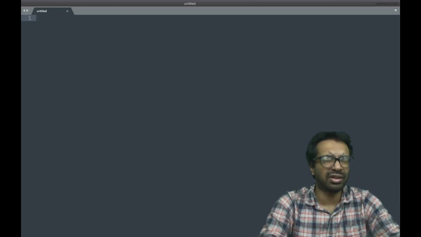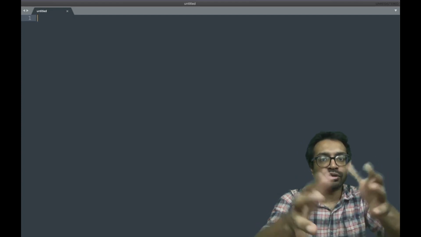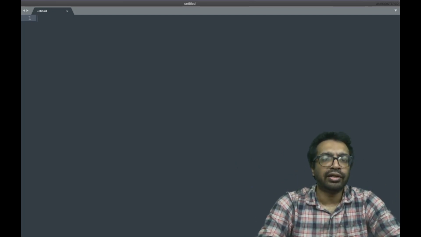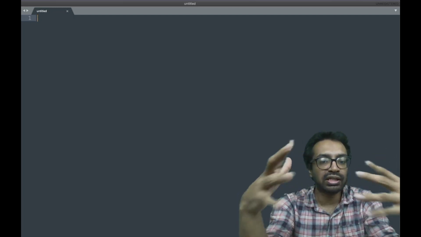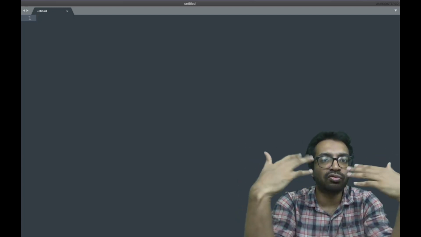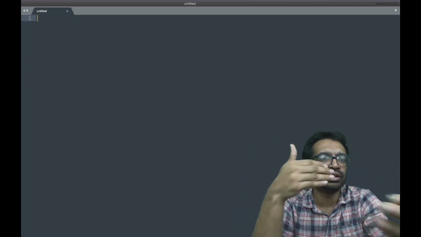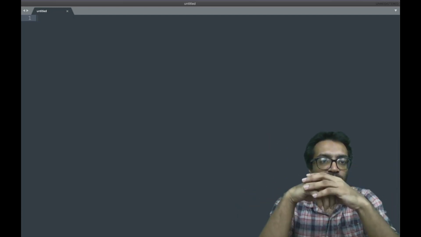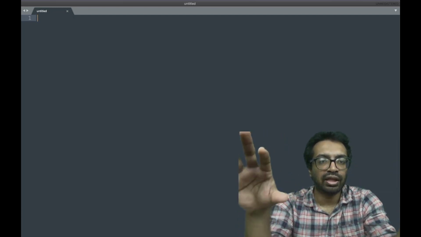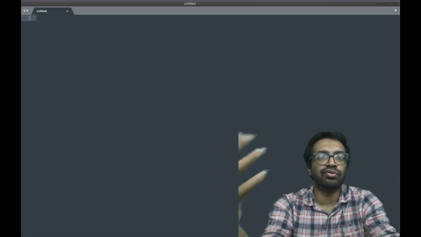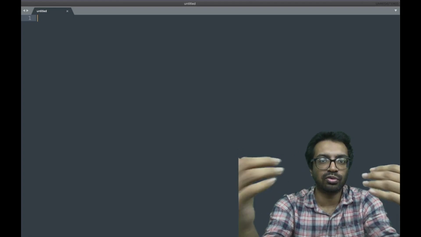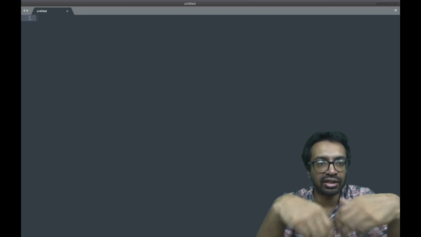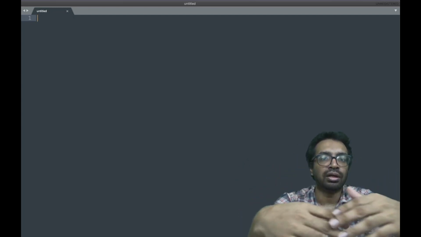So what is abstraction? For example, I have a computer in front of me, right? Similarly, you are looking at a computer or a mobile phone, and I don't know how it works. What is inside it, I don't know. That's all abstracted out from my view. All I see is there are only two ways I can communicate with the machine. One is through the screen, and the other is through my keyboard, right? You can think of it like two functions which I am able to call: the screen function, through which I can see, and the keyboard function, through which I can send messages to the computer,